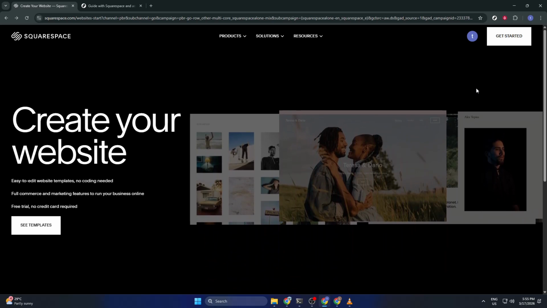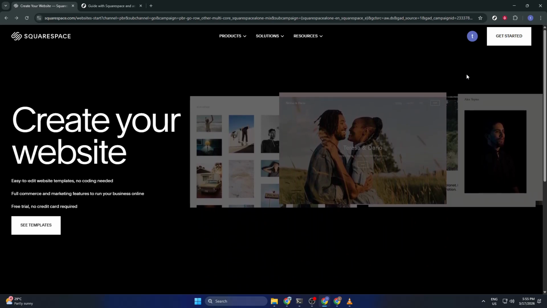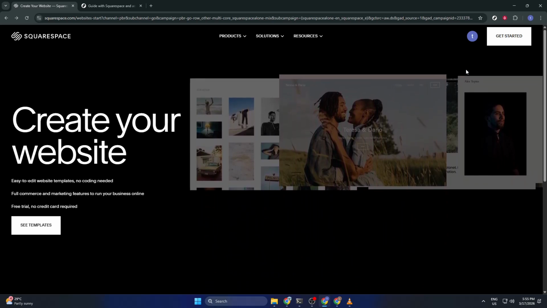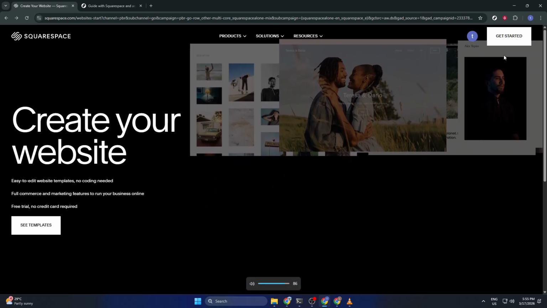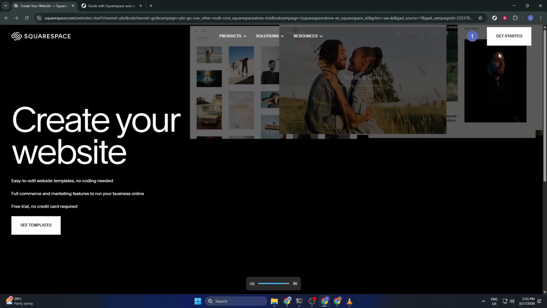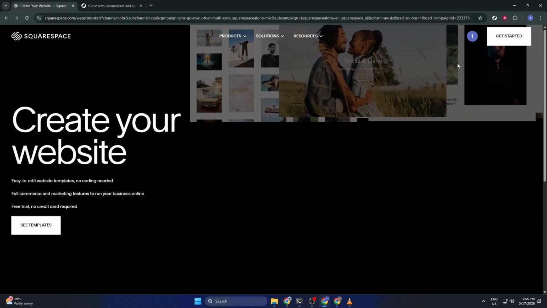Open your browser and head to Squarespace's Create Your Website page. This is the launchpad for new sites and for signing into existing accounts. If you're brand new, you can start a free trial and come back to these steps once your account is